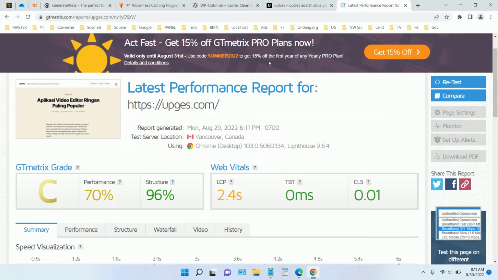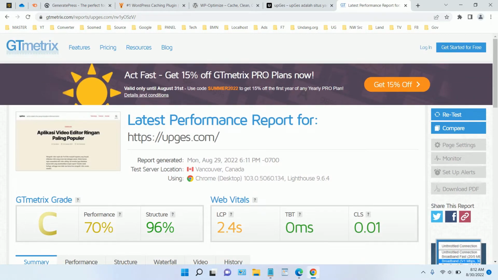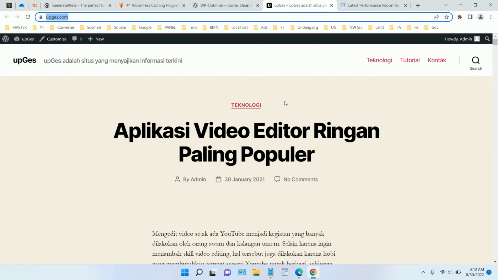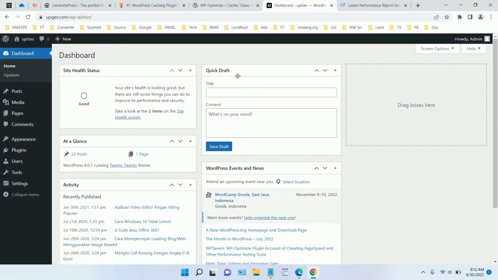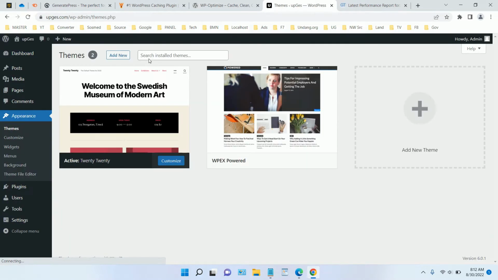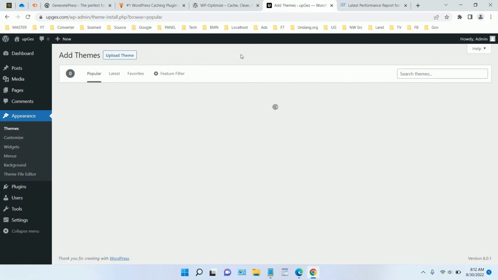Okay, the first thing before you speed up your website, you better understand what makes your website faster. Okay, first we think the theme very much determines how fast your WordPress website is later. So the basic is choose the right theme. Okay, in here we have a suggestion for you. You can select the theme that is light,